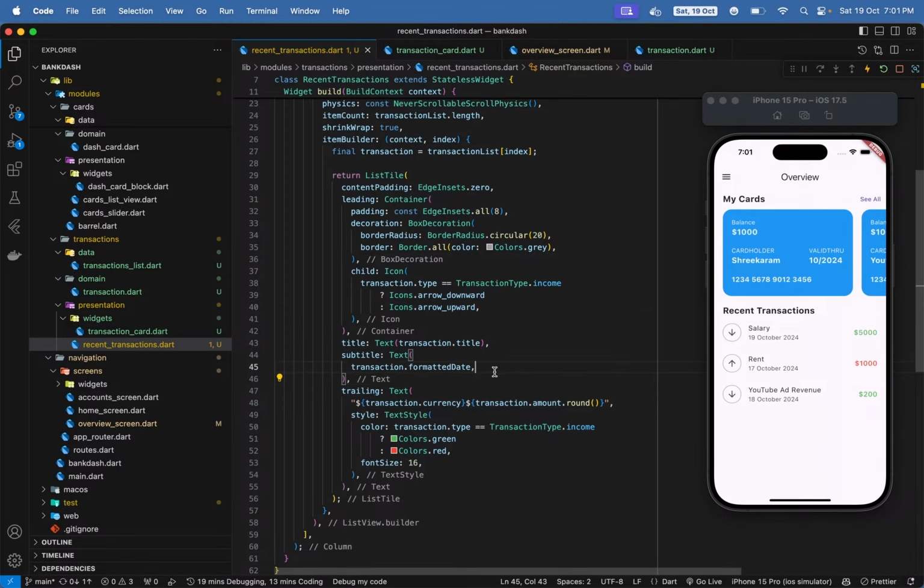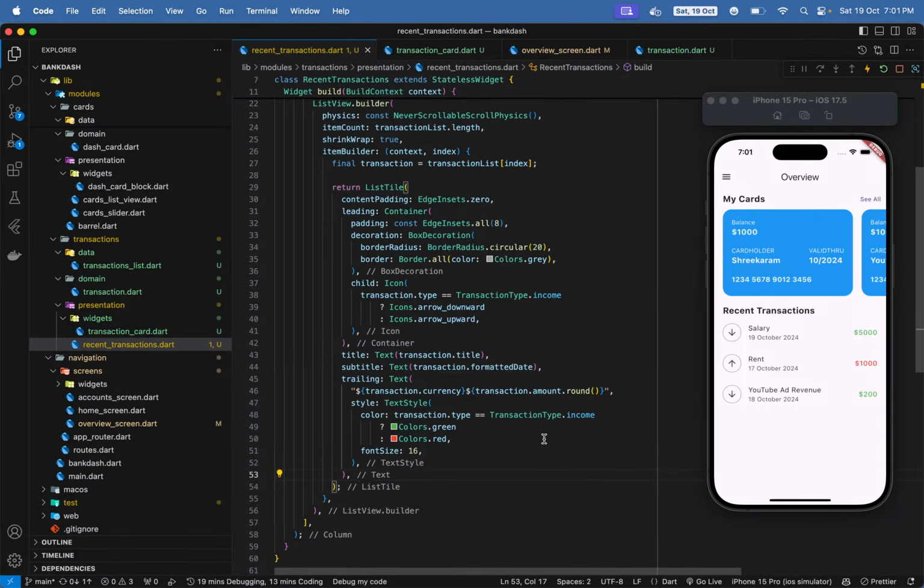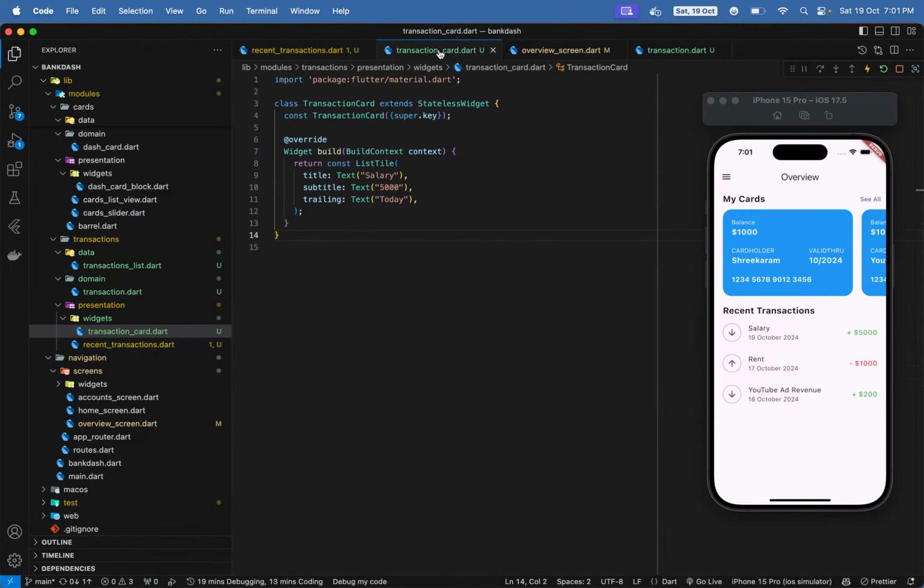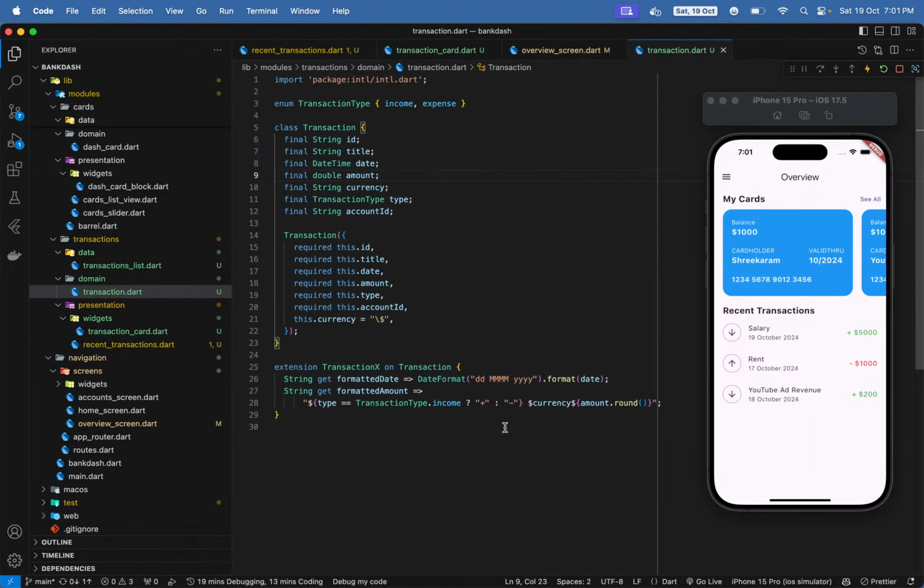Can just remove the style. See, now we have a nice formatting, right? Just remove this,